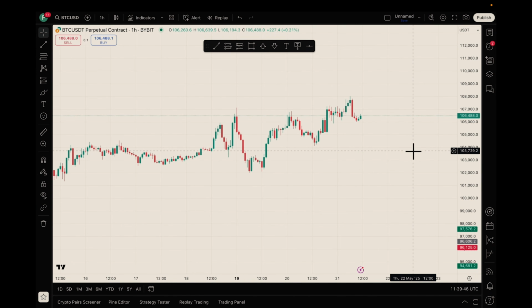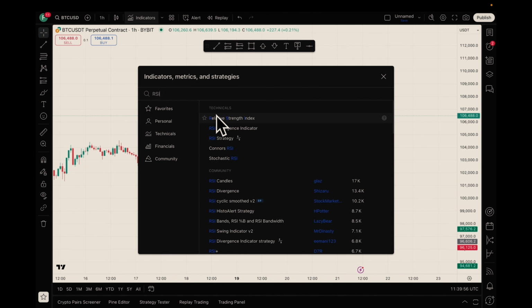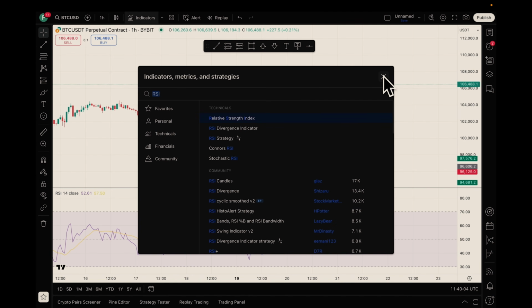To put the RSI indicator on your chart, you come here again to where you have indicators. Just click on indicators right there, and then you search for RSI. So let me put in RSI right there. RSI means Relative Strength Index. That's the meaning of RSI. If you want to put it on your chart, just click on it. Once you click on it, it'll be on your chart, and then you click on this X right here,